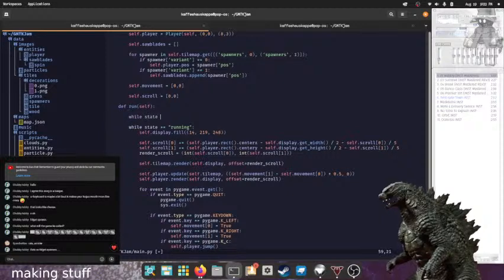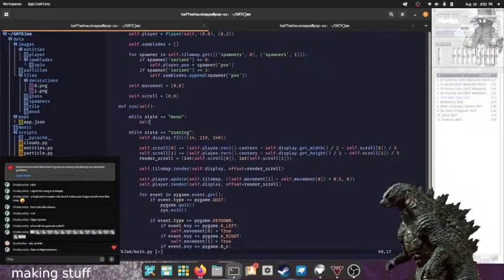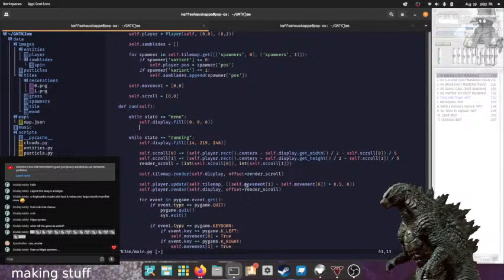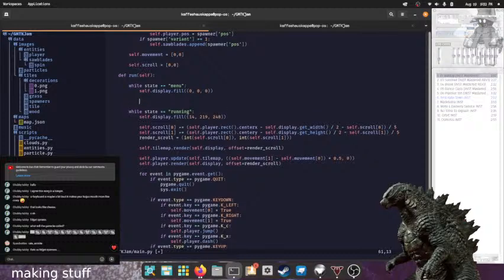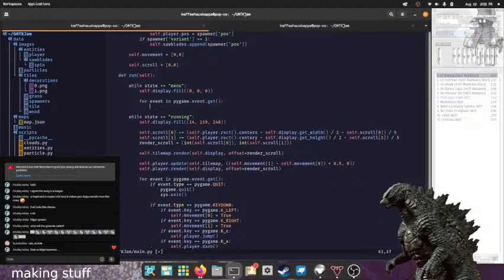And then I'll create individual states in here. While state is equal to menu. Self.display.fill 0, 0, 0. For event in event.get, if event.type is equal to quit.